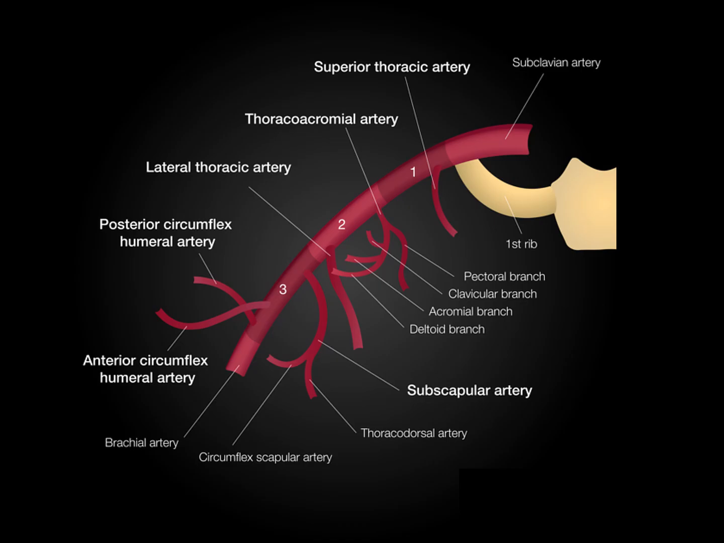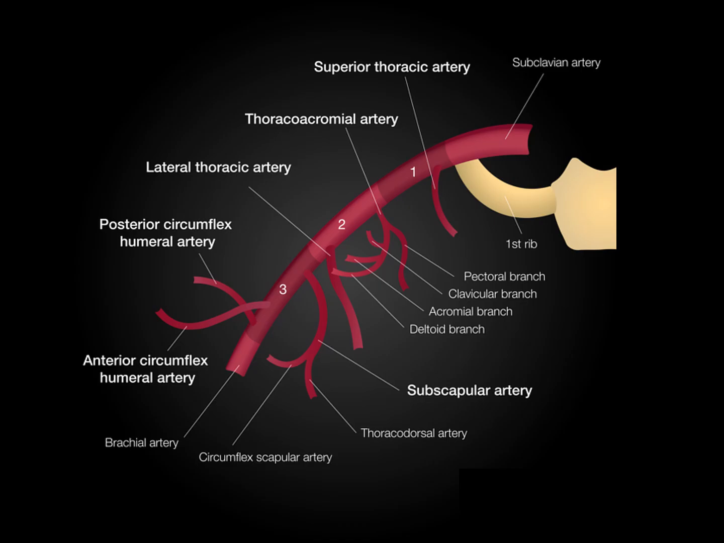The anterior circumflex humeral artery is a small branch, passes in front of the surgical neck of the humerus, and anastomoses with the posterior circumflex humeral artery to form an arterial circle around the surgical neck of the humerus. It gives an ascending branch which runs upwards into the intertubercular sulcus of the humerus to supply the head of the humerus